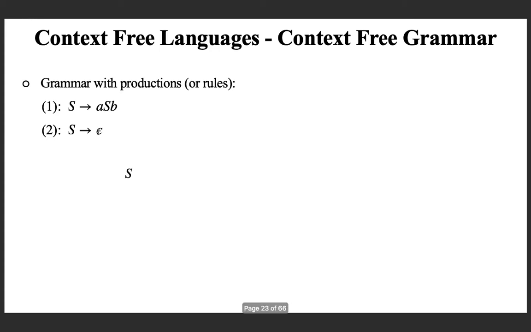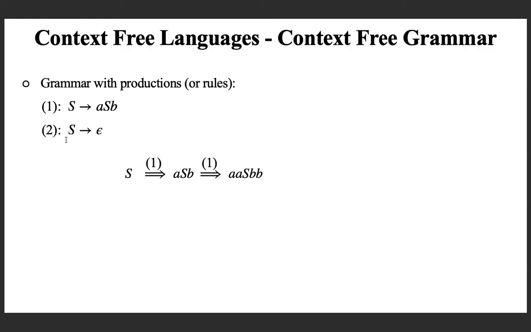If you recall from the previous lecture, when you have a set of rules, you can start with the start symbol of the grammar, capital S. If I apply rule number 1, S can be replaced with the RHS, ASB. Now suppose again I apply rule number 1, this capital S in the middle can be replaced by the RHS of the production again, ASB. So I will get this.